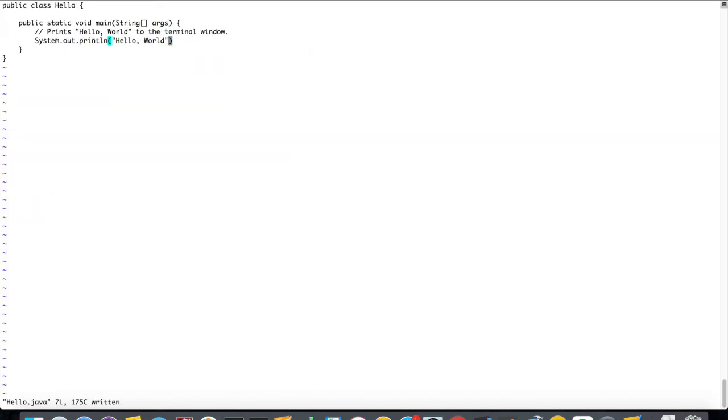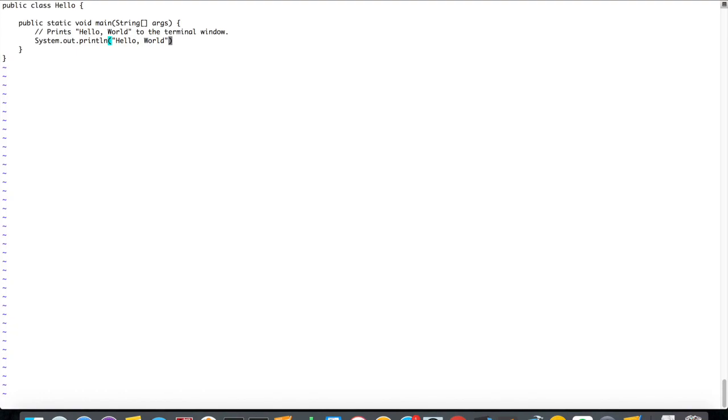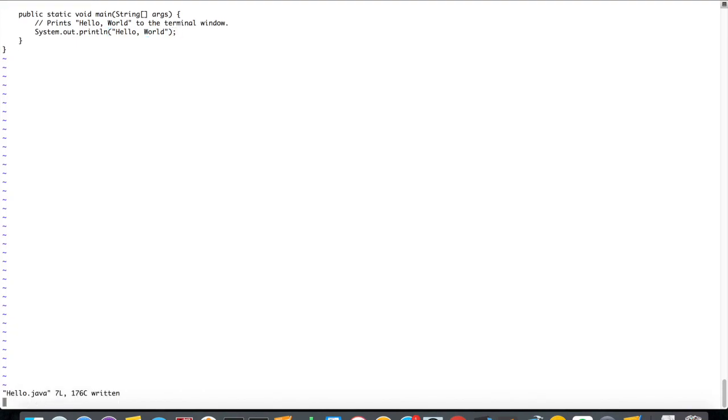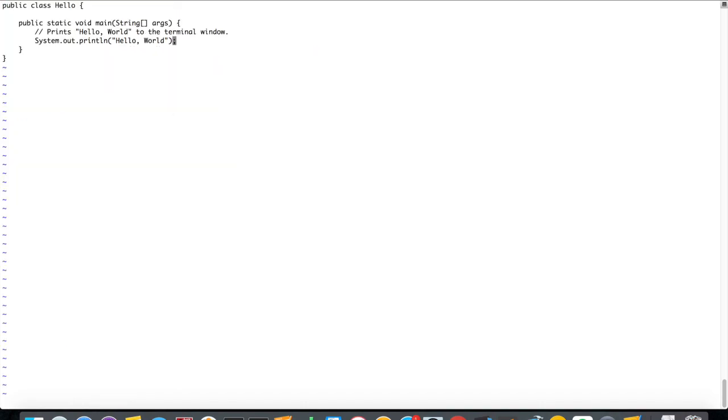So I had not saved my code, so Ctrl Z. Notice that there's an error. Bring the editor to the foreground, make a change, save, but not exit. Press Ctrl Z to push it to the background. Compile, succeed, go back. You can also run terminal commands by pressing :!shell,